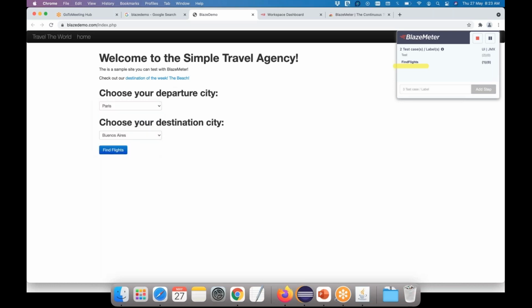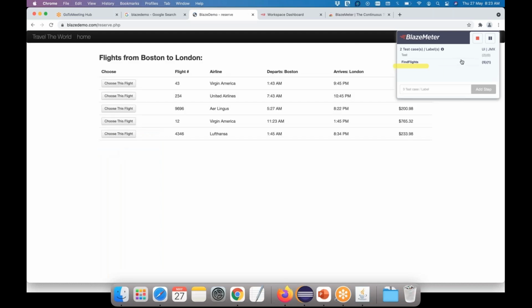So I'm selecting Boston here. Okay, and then I am selecting the destination city as London. All right, so I've done some set of actions. Now click on find flights. So I just clicked on find flights. See, by clicking on find flights, I'm able to see here some numbers have also changed. Previously it was 0 and it went to 5. That means 5 different actions have been done internally, and there is one more, one in bracket, which is nothing but the one click we have done, something like that. Okay, all right, so we have done that and we got the result. From this result, we wanted to pick any one flight.